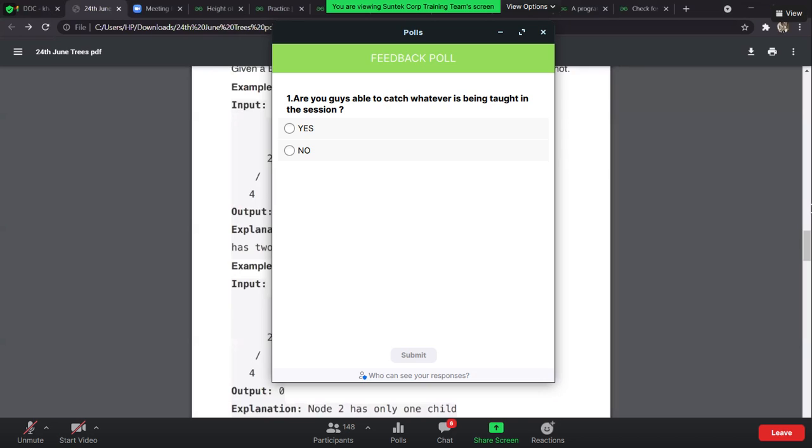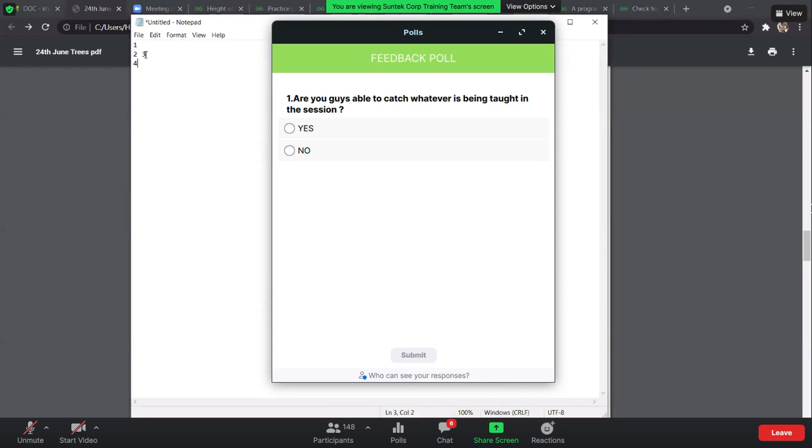But what we can conclude from this is, if any level has an odd number of nodes except the root node, that's not going to be a full binary tree. Can we conclude like this?